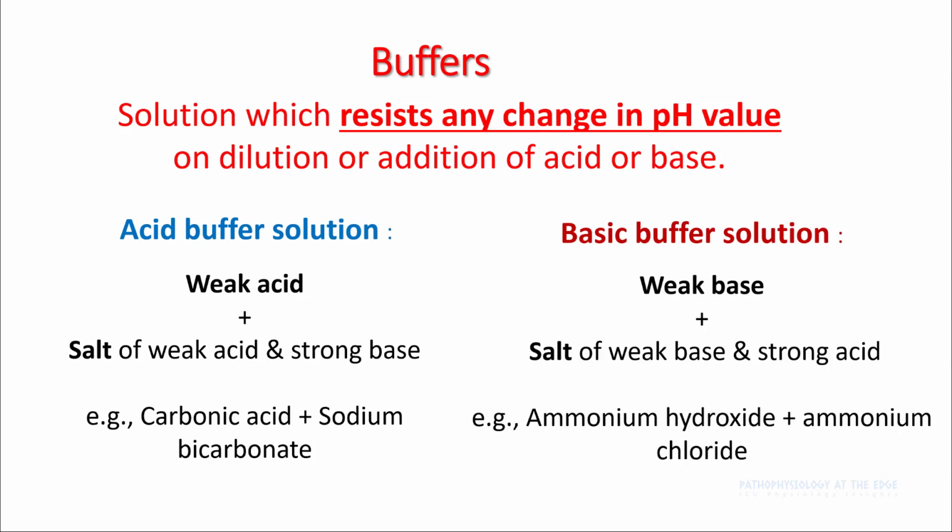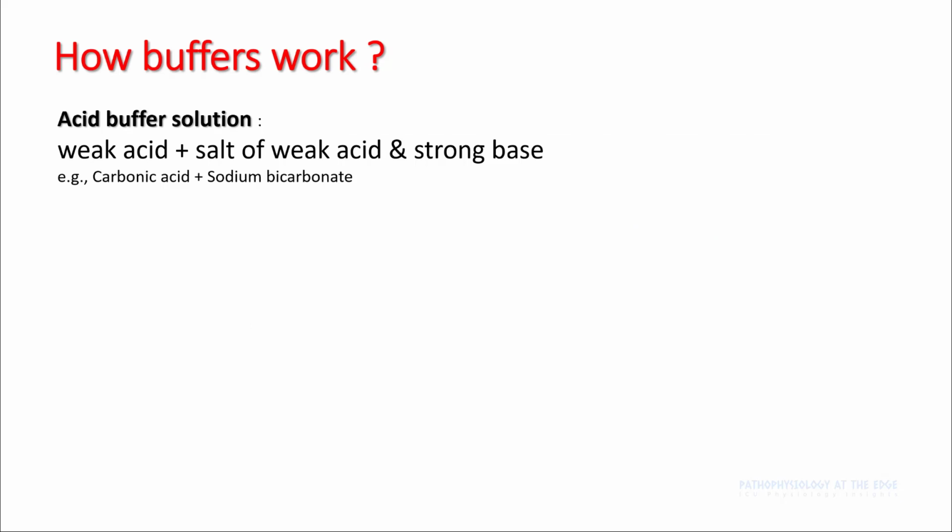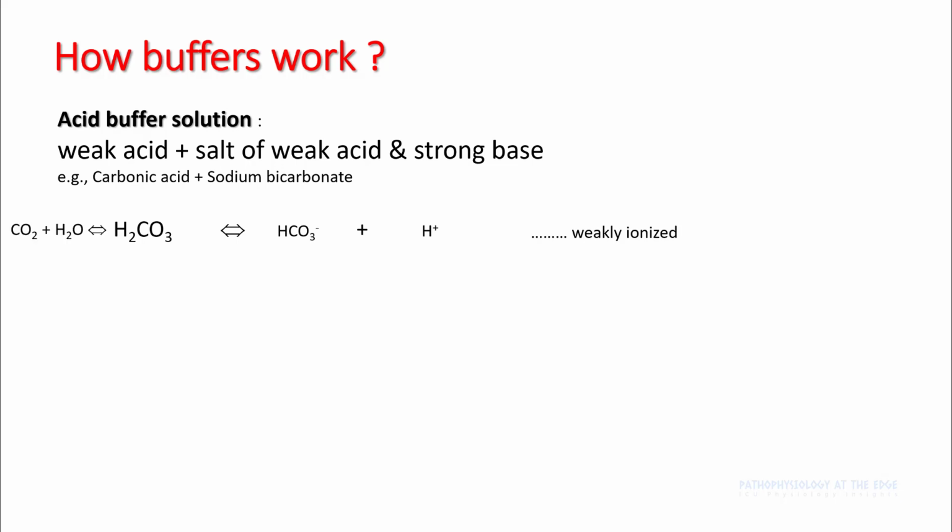Basic buffer solutions are solutions of a weak base plus a salt of the weak base and a strong acid. So let's see how buffers work. We have a solution of carbonic acid and sodium bicarbonate. We know that carbonic acid dissociates weakly into bicarbonate and hydrogen ions, and carbonic acid also equilibrates itself pretty rapidly with CO2 and H2O. Sodium bicarb, on the other hand, is highly ionized, and most of it is in bicarb